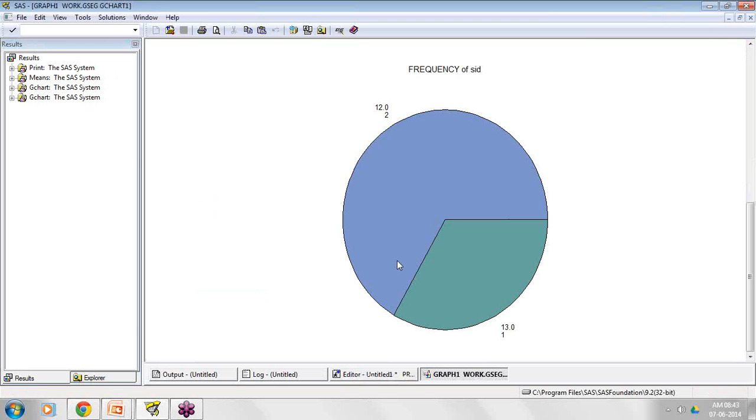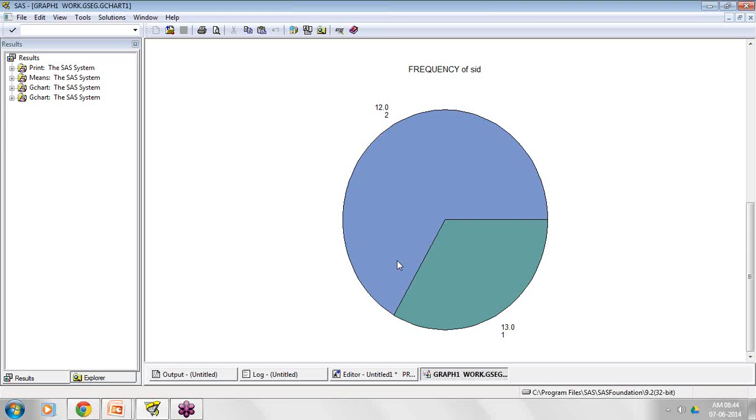Likewise, I have data which I have converted into a SAS data set. The moment a SAS data set is available, I can perform my desired operations. I can generate simple listing reports, any kind of statistical reports, and any kind of graphs or reports.